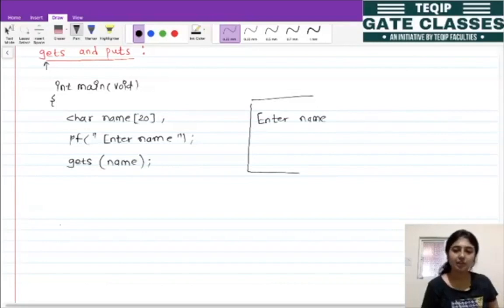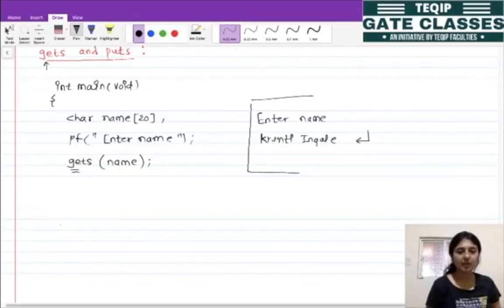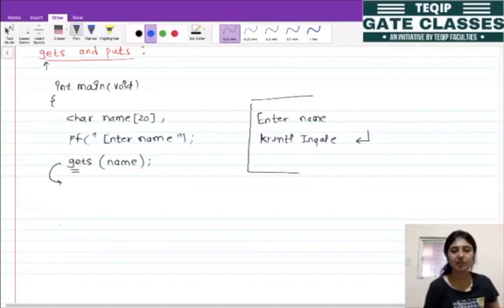So let's see, the user has entered the input like this. What is the work of the gets function? The gets function has to read the sentence, the data, character by character until the user presses enter, okay? When the user presses enter, its work is finished and it will jump to the next statement.